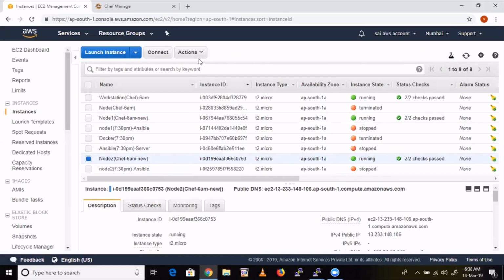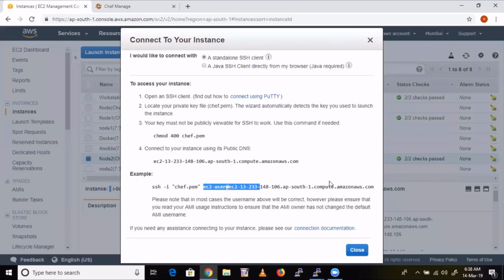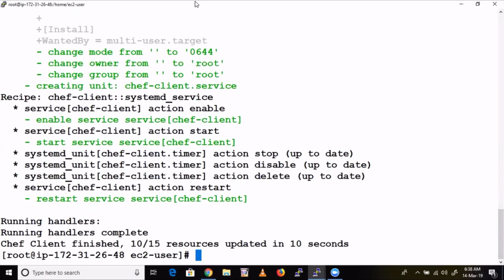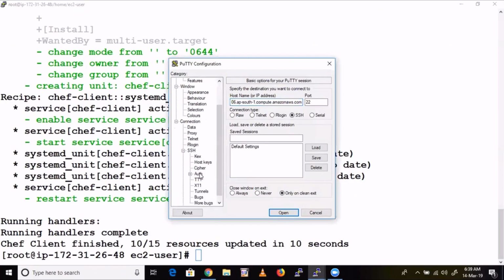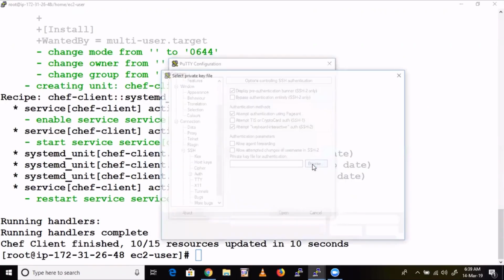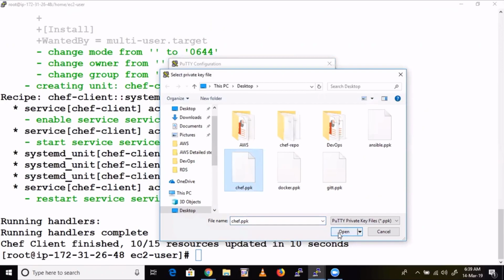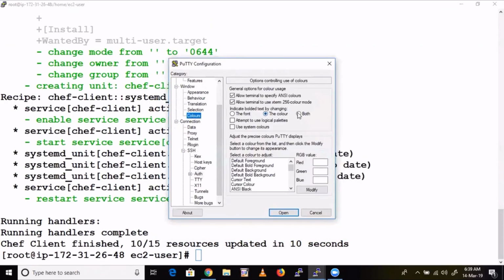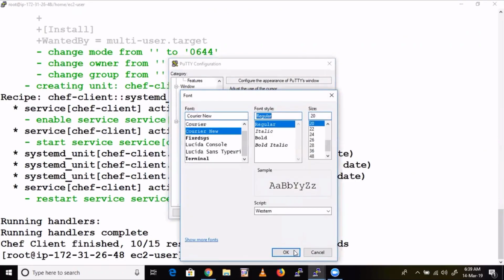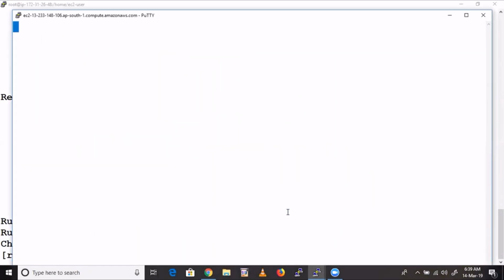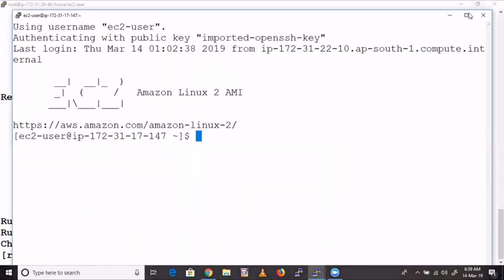That's only a one-time effort, right? So this is my node 2.